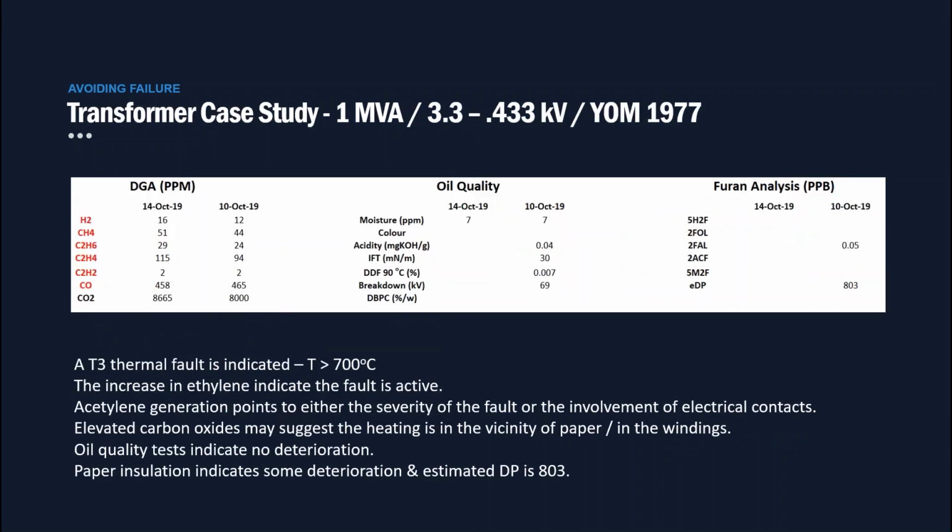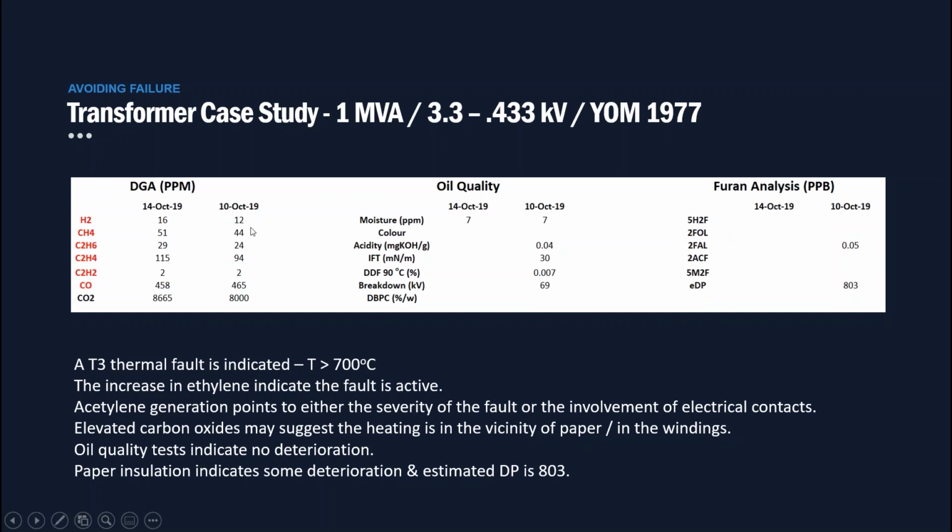So this is a case study from 2019. It's a 1 MVA transformer. Primary is 3.3 kV, and it was manufactured all the way back in 1977. So we've got some test results here: dissolved gas analysis, oil quality, furan testing. Normally you take a